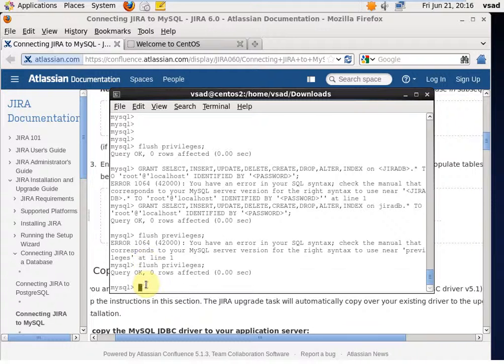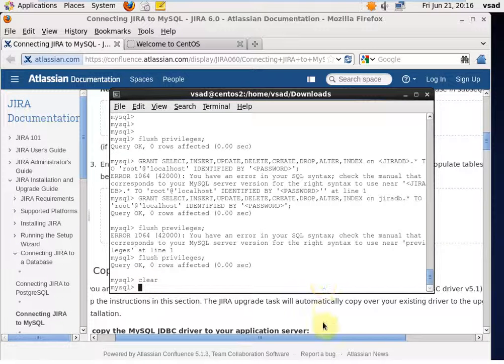Okay, this command should be issued, and the next step is copy